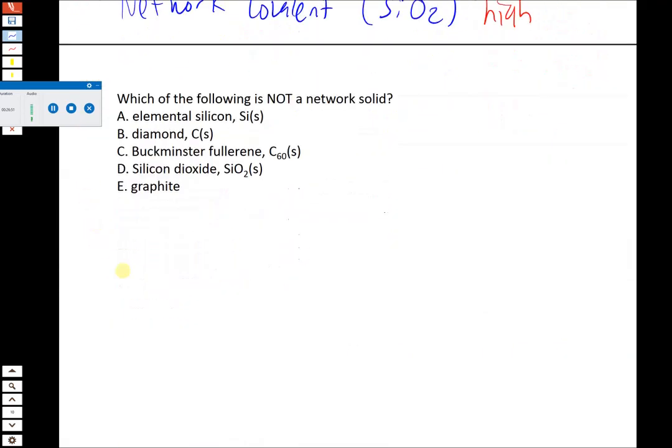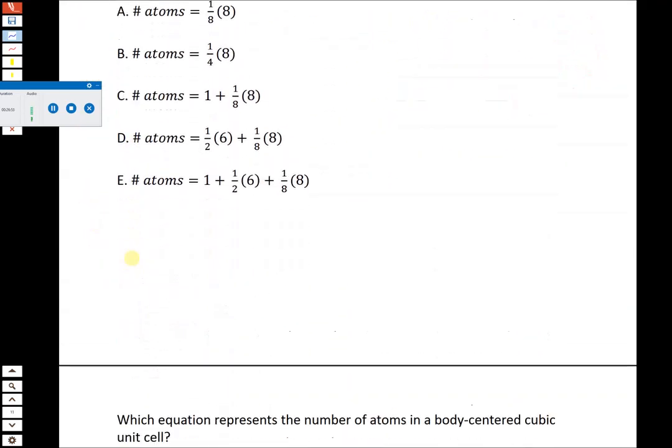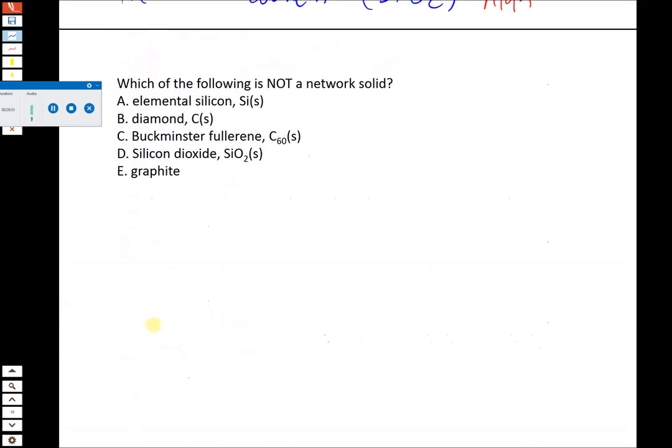All right, and then the last one here, or no, not the last one, sorry, but 3 more. Last one about classification of solids. Which of the following is not a network solid? So basically for network solids, we just have a few examples. If you can remember all these, then you're not going to have to really worry about many others. So we have